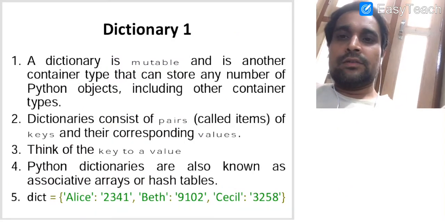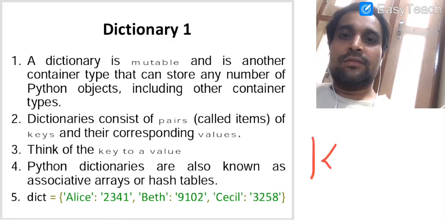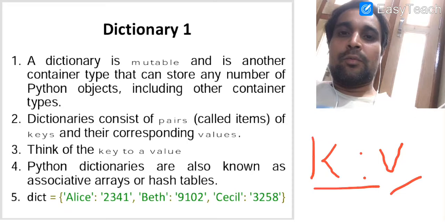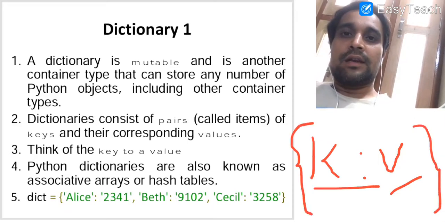So now I think you got what we mean by dictionary. A dictionary is a mutable data type available in Python like list, but it is an unordered collection of elements. Elements are also known as items or pairs, and these pairs consist of two values. One is known as key, one is known as value. These two are separated by colon sign, and two items are separated with the help of comma, and the entire dictionary will be enclosed in curly braces.